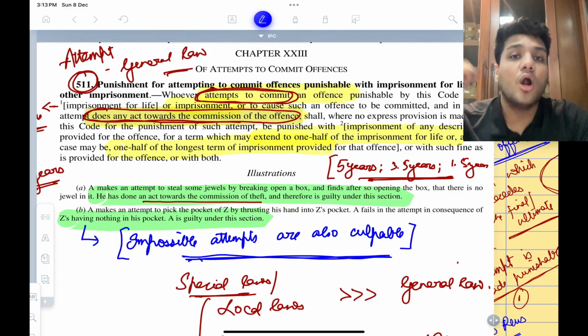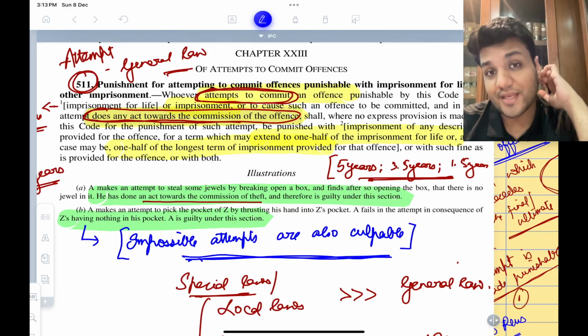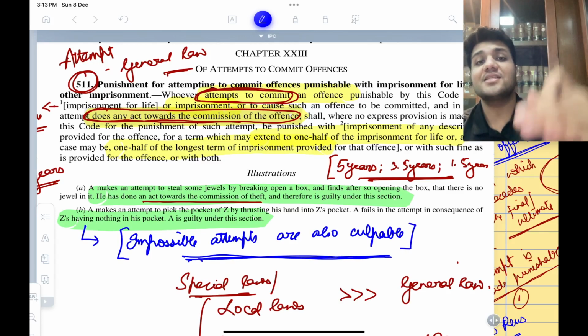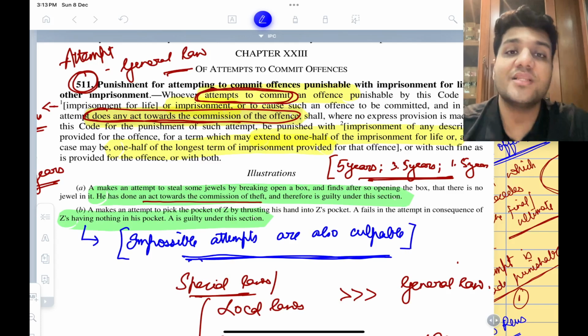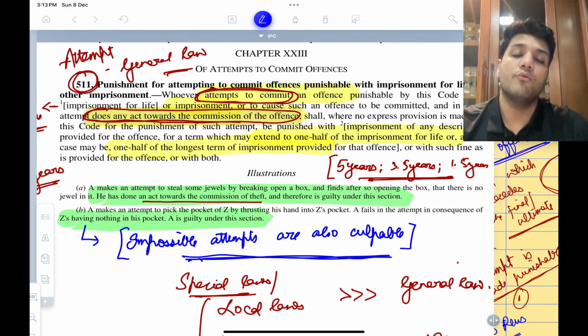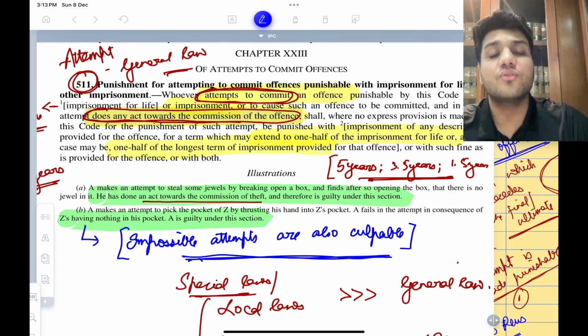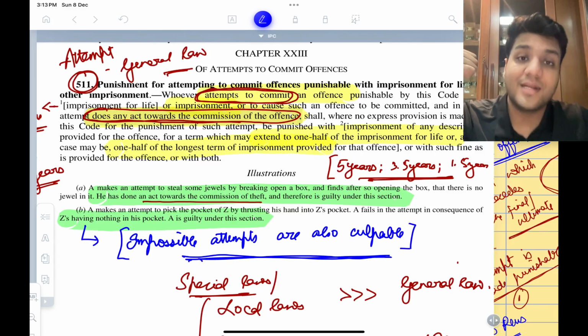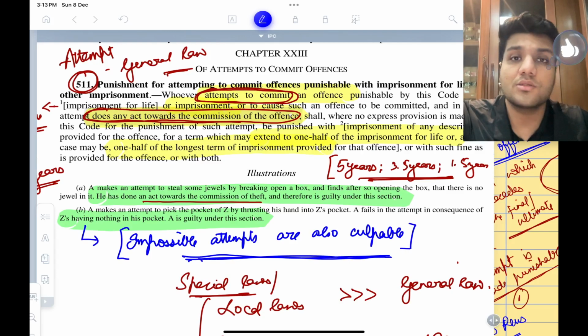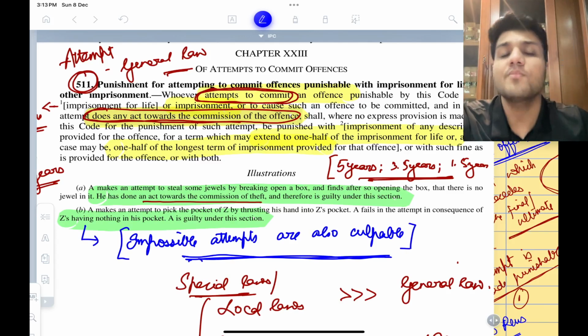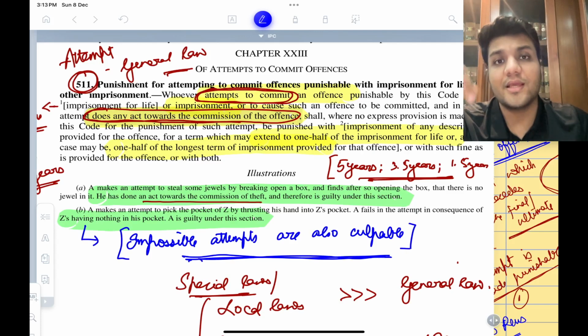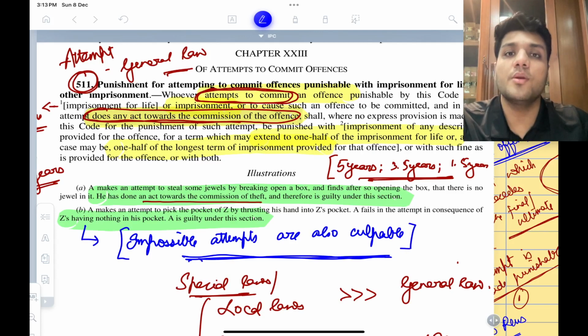But because the wife thought that she was taking the act towards killing her husband, and she's taken steps towards killing the husband, it is her intention that will determine whether or not she will be held liable for the offense of attempt. So even though the husband dying from such an act was impossible because of certain circumstances, because the wife had the guilty intention or the guilty knowledge, which is covered under mens rea, and she also took certain steps towards committing that particular offense, which is mixing what she thought to be poison in water and giving the water to the husband, that would make her liable